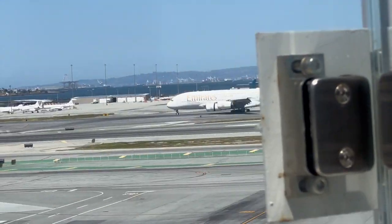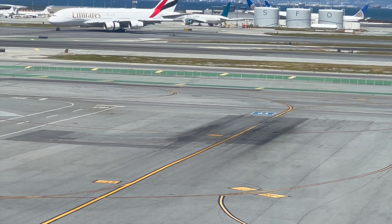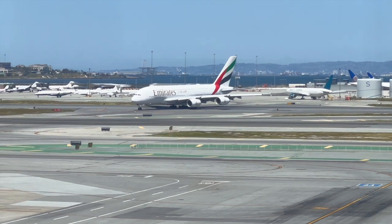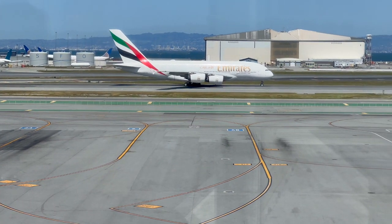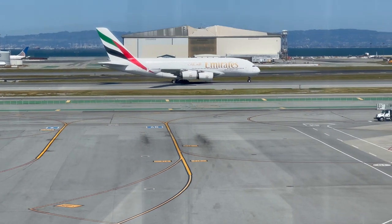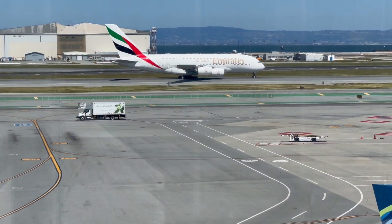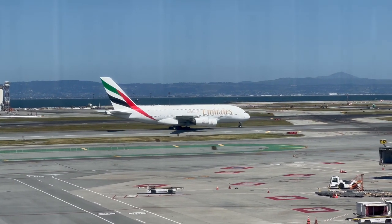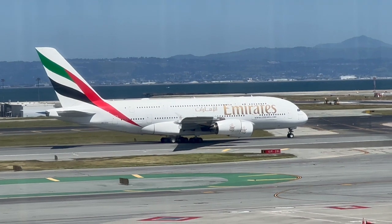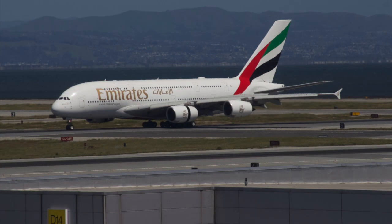Wow, look at that. Look at her. Let me get another shot of that. Look, there we go. Look at that beauty right there, ladies and gentlemen. My goodness. Another look at that beauty. The mighty A380, the king of the skies, from Dubai. Wow, what a beauty. Look at her right there, ladies and gentlemen. Such a beautiful aircraft right there. As you can tell, everybody, what a beauty he is. The Emirates Airbus A380, the king of the skies,